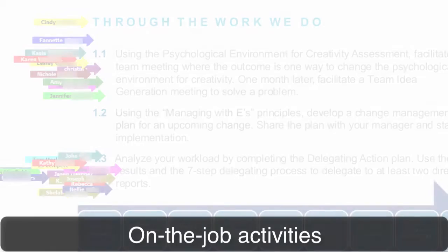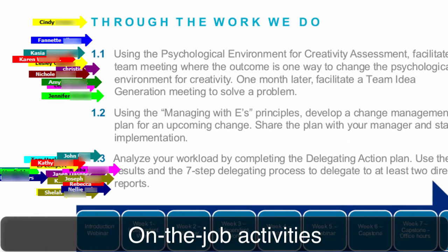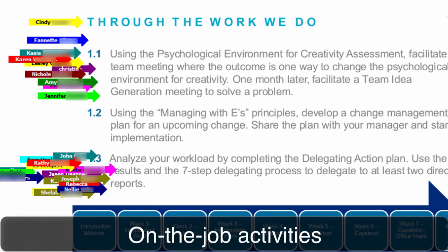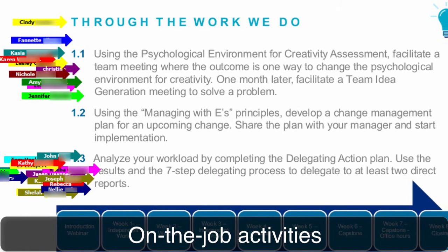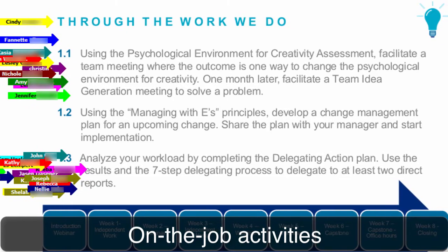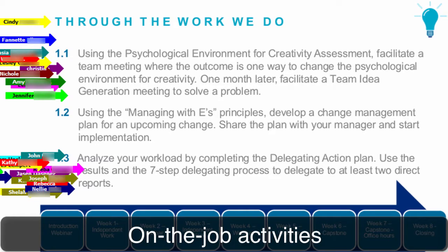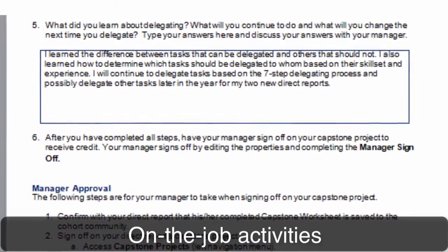In order to focus on the on-the-job learning activities, an important part of the 70-20-10 model, the redesigned program included on-the-job capstone projects. The capstone projects are activities typically done by a manager, such as delegating, development discussions, performance reviews, or team motivation. Each capstone project includes a reflection worksheet, which learners have to complete with their manager and get